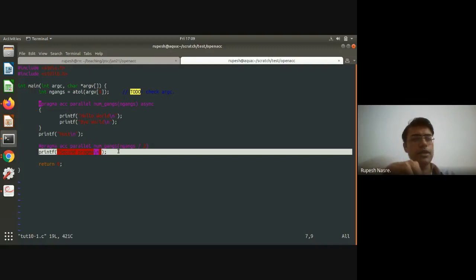Until the previous kernel is completely over, from the same queue you cannot execute the other kernel. There are ways, at least in CUDA, and I'm sure that must be there here also, but I have not come across this, that you can push different kernels in different queues, and therefore these are going to be executed simultaneously on the same GPU. So that is possible. It's almost like if you have two functions on the CPU running simultaneously, right? So that doesn't happen.